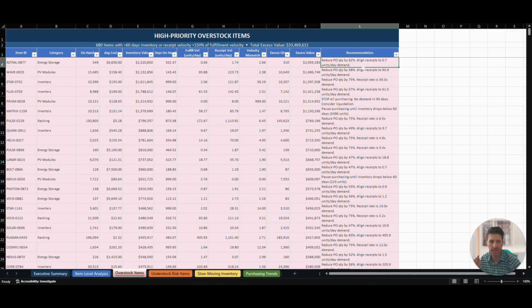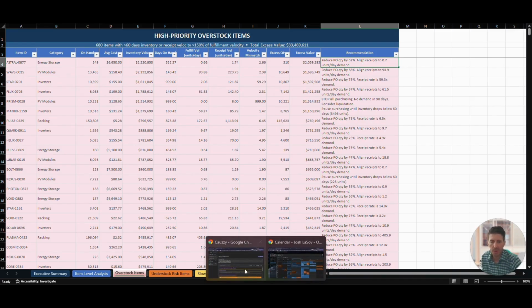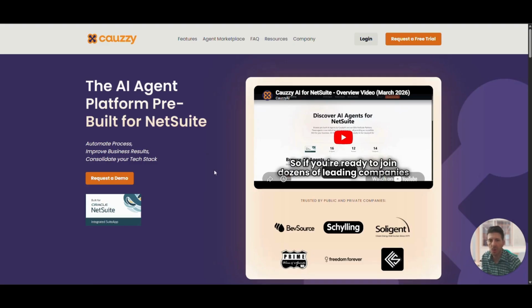But here's where I'll take this a step further. We can also use this to look at all our open POs in NetSuite to make recommendations on how to modify or close those, as well as this agent can then go create purchase orders for us in NetSuite for anything that's understocked. Again, this is also considering things like lead times baked in here. There's a lot more to talk about there,